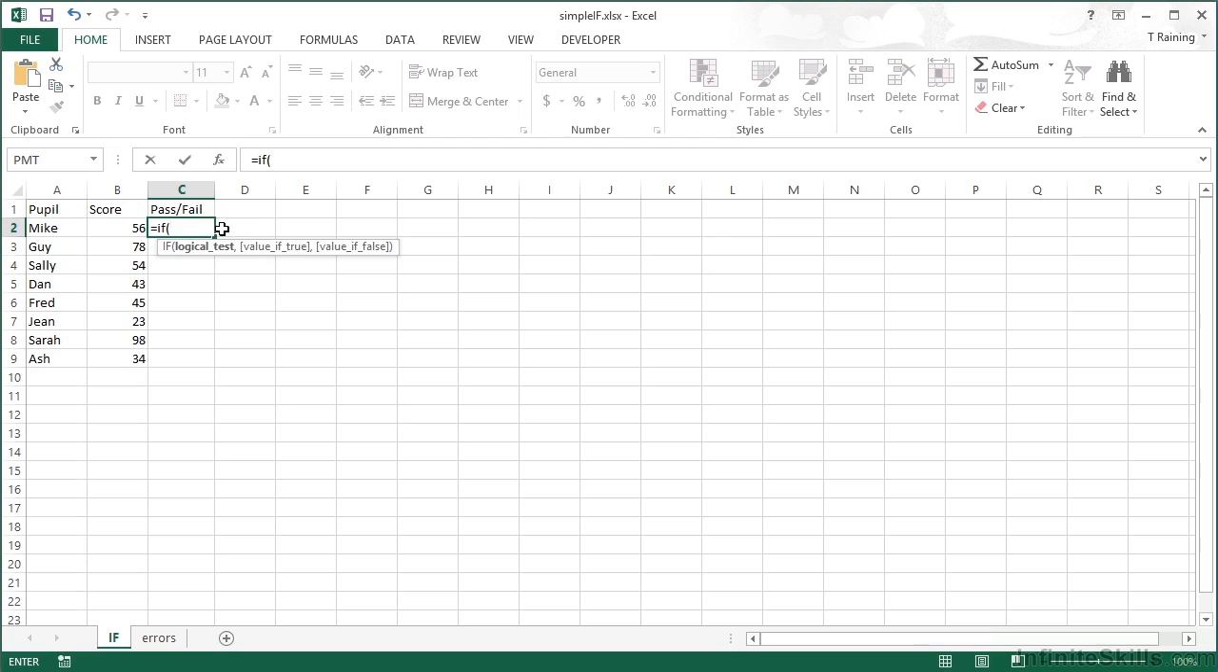Then we get Excel to help us out with all the parameters we need. Firstly, we need a logical test. My logical test is whether that person's score there is greater than 60, comma. The next part of the input parameters for our IF statement is what to do if the logical test proves true, i.e. their score is greater than 60, then they've passed. So I'm going to output the word pass,